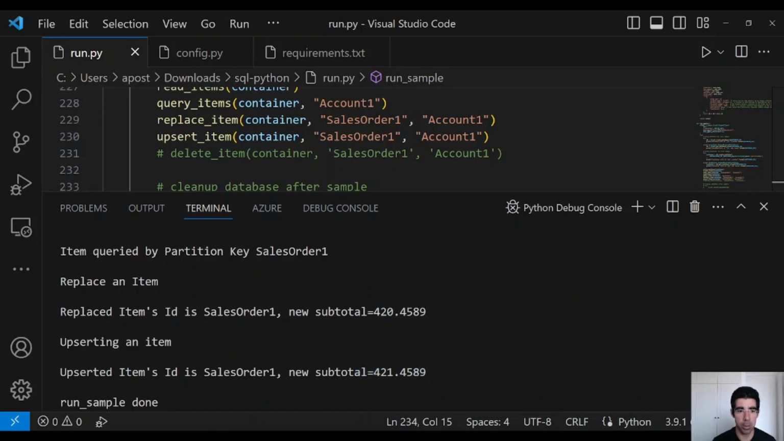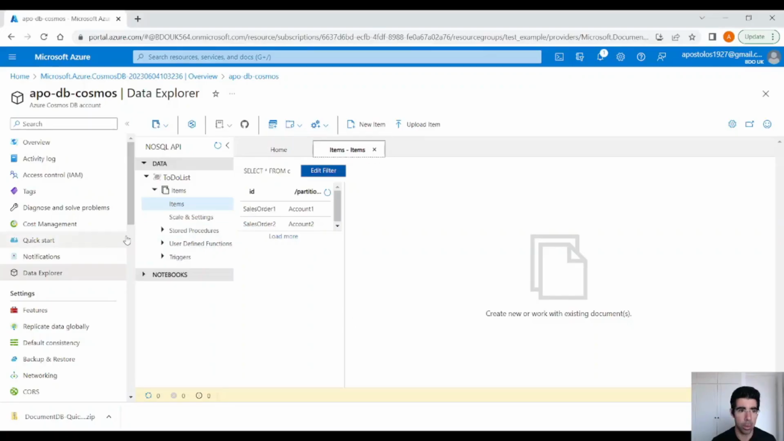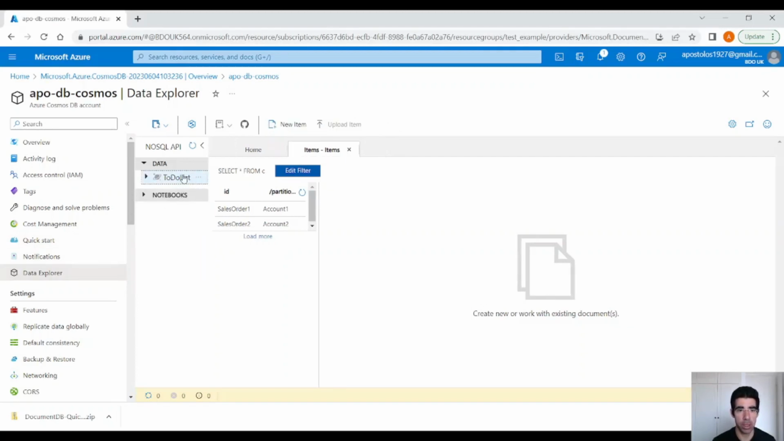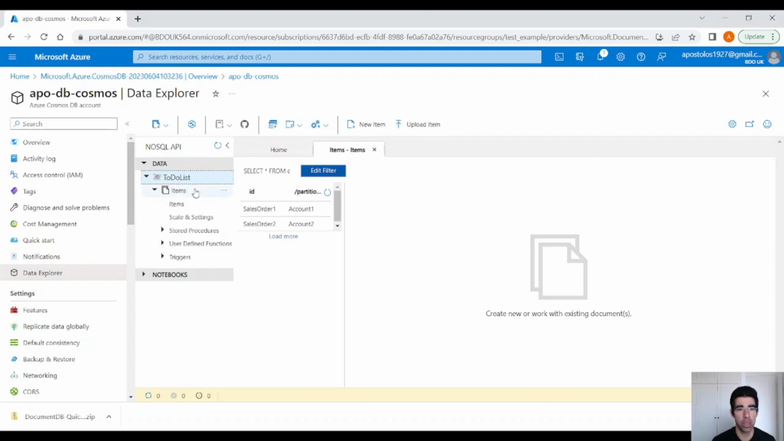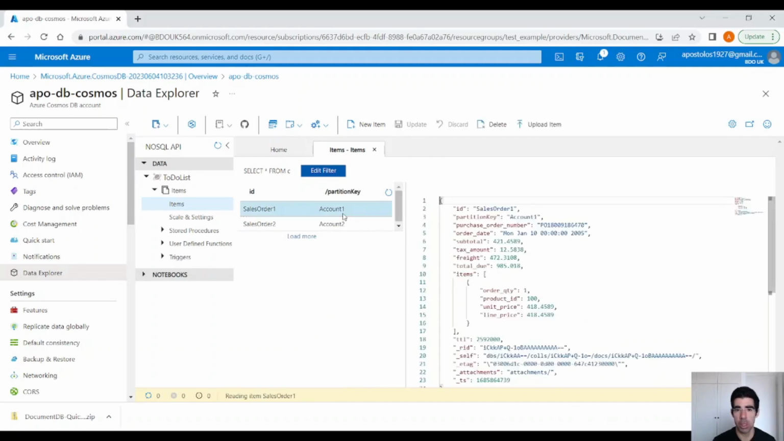And we didn't delete anything because now we want to go to Azure portal and check our data. Click on the Data Explorer blade here on the left panel and expand the data. So you will see this database here, to-do list, and a container called items. And if you click on items, you will see 2 items here with the ID and the partition key that we provided. So let me expand this a little bit, and here if you click on this item, you will get to see